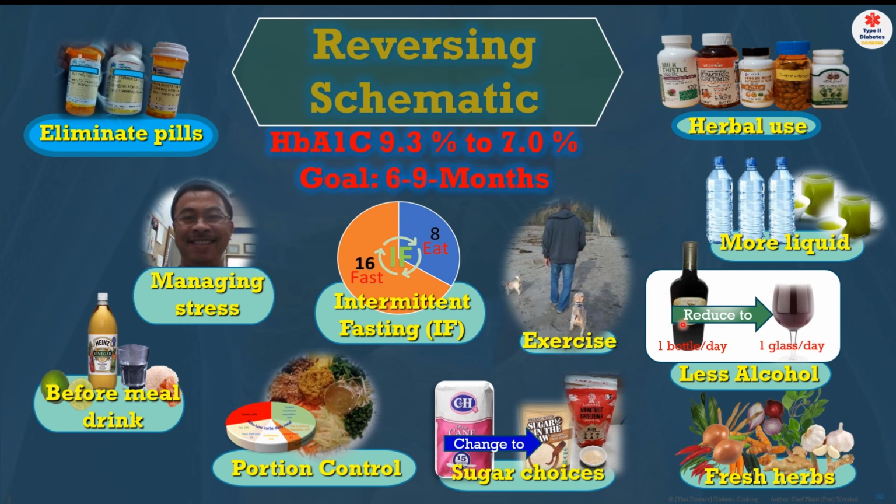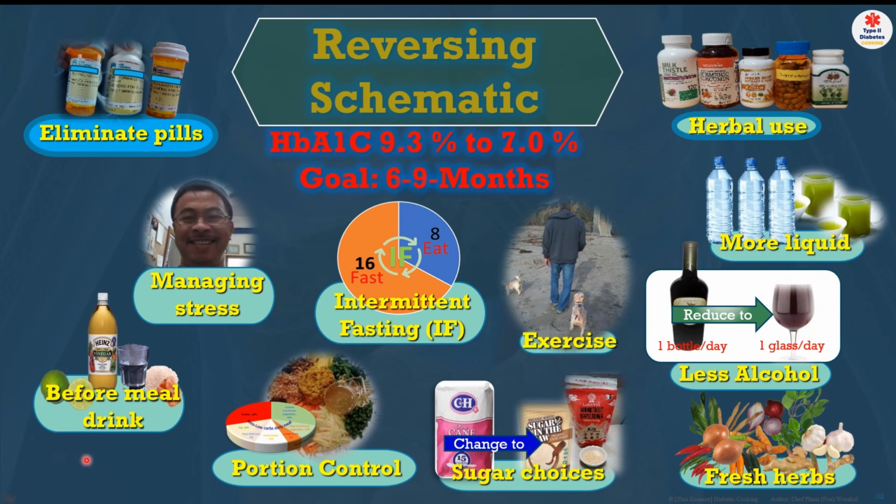But now I have to reduce from 1 bottle a day to 1 glass a day. When you get used to it, for me it's just casual to drink, because every day my cocktail time is coming. But now I have to drink that with a meal. So when I have my meal, I drink with the meal. I cannot do the cocktail time like at 5 o'clock in the evening. Sometimes if I have a guest, or probably 2 o'clock in the morning, we start drinking and they go beyond 1 glass. So I have to be really careful with alcohol.